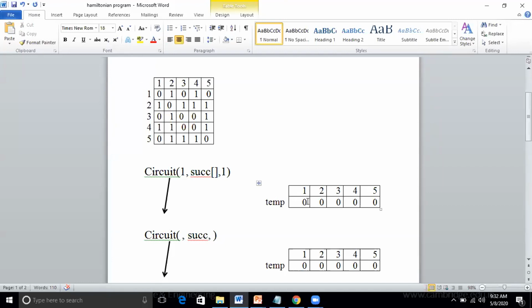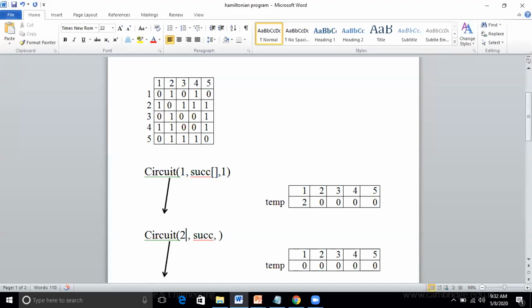So 2 is the successor of 1. Now 2 will become the source node, so I'll call this function recursively.